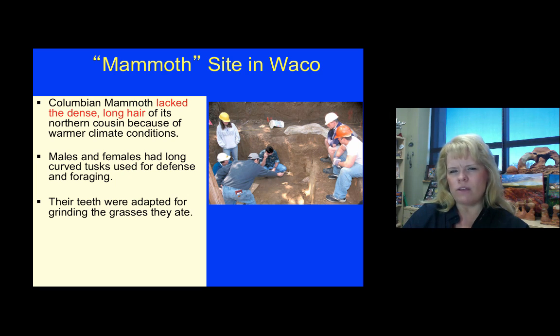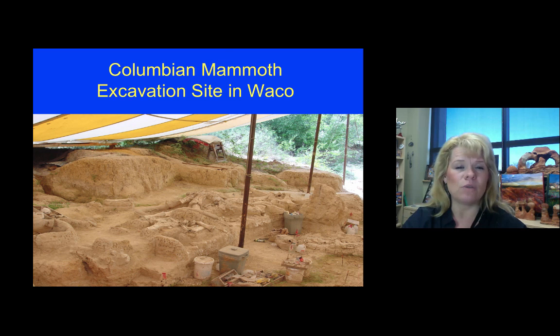We know that both male and female mammoths have tusks, and we found that certainly in the mammoth site. You saw Mammoth Q, Mammoth R, you saw some of the famous mammoths that we looked at. Mammoth W was a female, Mammoth Q was the big bull that was very unlucky at the mammoth site. And the teeth of the Columbian mammoths we have in Waco were designed for grass-eating machines. These guys were nowhere near glaciers. That's why they didn't need the thick, long hair that we see in woolly mammoths.